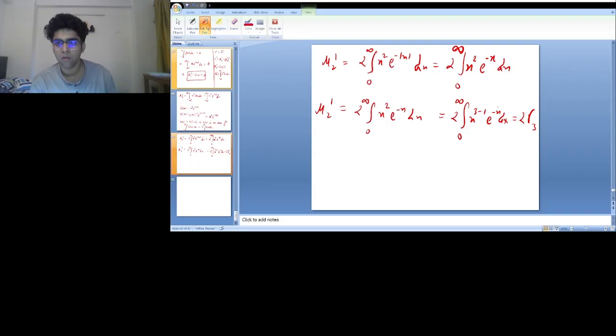Gamma 3 is equal to 2 factorial, n minus 1 factorial. So this becomes 4. So my mu 2 becomes 4, and now my sigma square is,